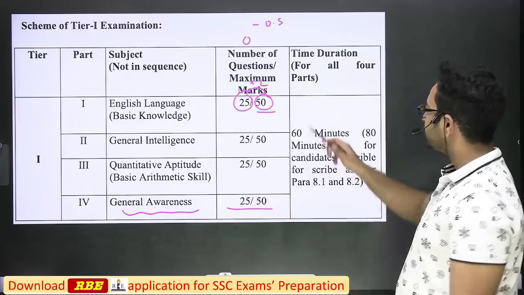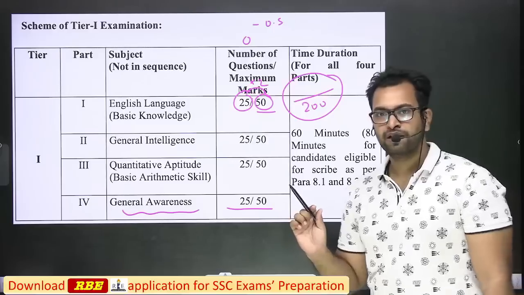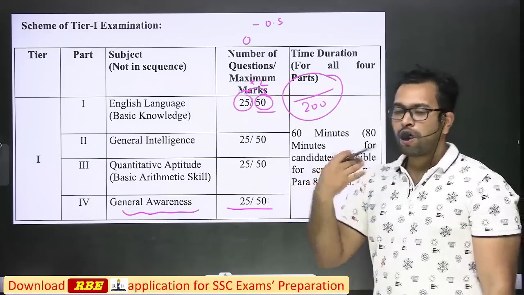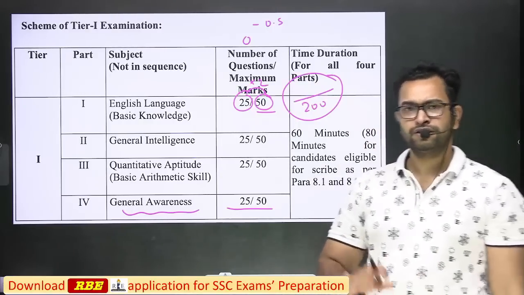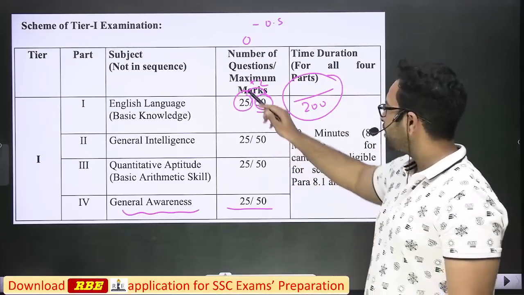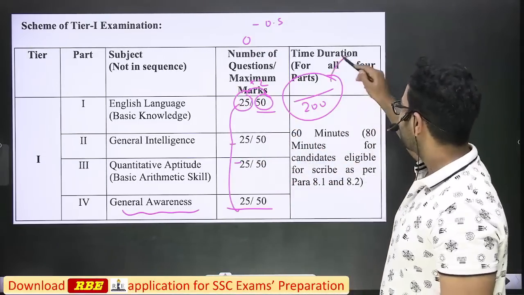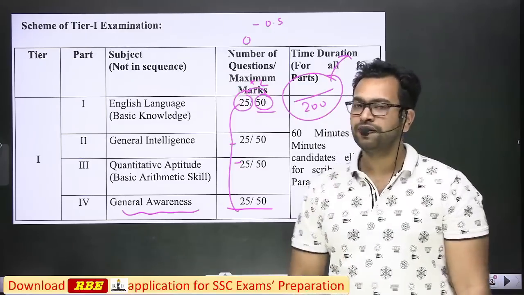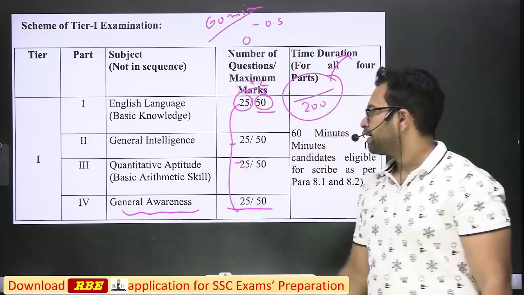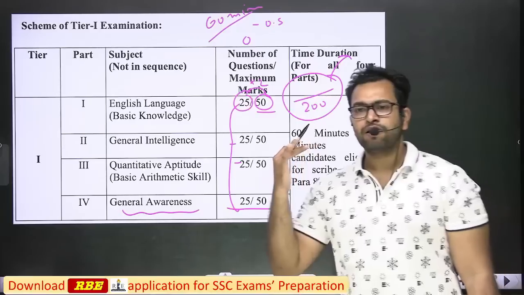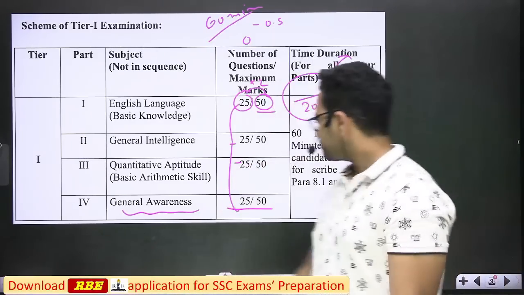So we have an examination of 200 marks. You need to score maximum, right? No matter how much you score in English, no matter how much you score in GK, individual scores don't count. It is the cumulative marks in all the sections, the overall score. You need to score maximum. There is no sectional time. Overall you will get a 60-minute duration for the test. You can give time to a particular section according to your wish, right?